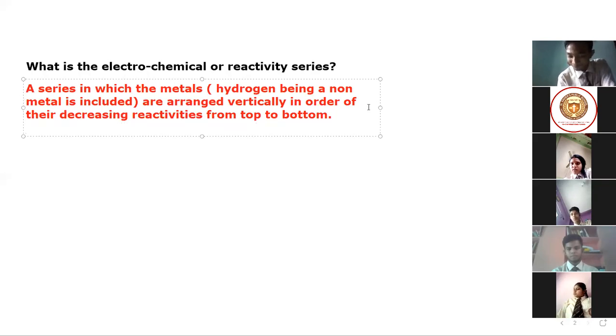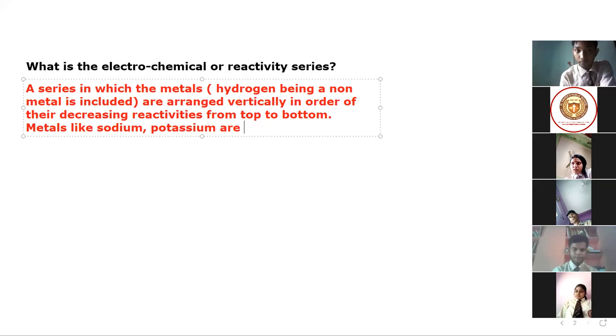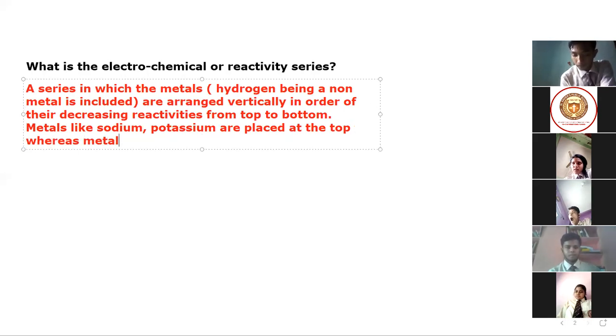You haven't seen? Okay. So basically it is a series in which the metals are placed from the top to the bottom in order of decreasing reactivity. Metals like sodium, potassium are placed at the top, whereas metals like gold, silver, platinum are placed